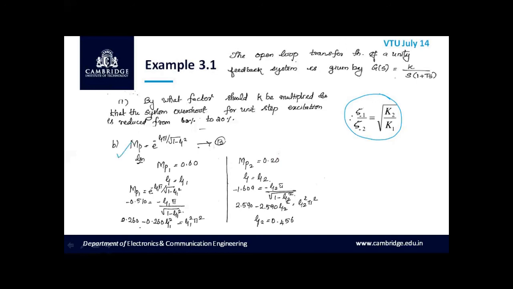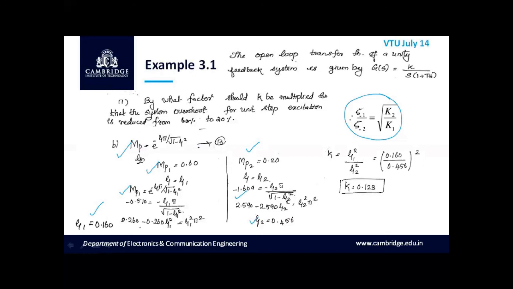Given MP, let me write the formula for MP is equal to e to the power of minus zeta pi divided by square root of 1 minus zeta square. And MP1 is equal to 0.60, which is given in the question. So substitute for MP1 in the formula, take logarithm on both sides, and after simplification we can obtain zeta 1 as 0.160. Similarly, substitute for MP2 as 0.20 in the main equation of MP, take logarithm on both sides, and after simplification we have obtained zeta 2 is equal to